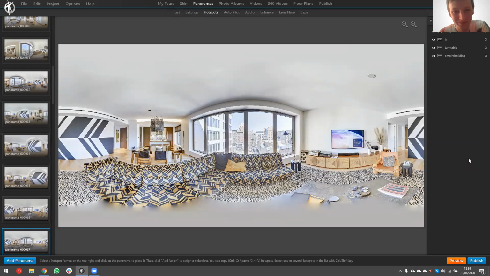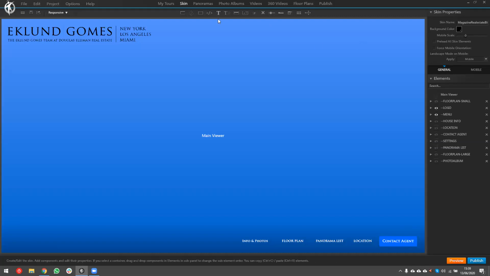Okay, let's move on. So we have this now. You can embed it on different pages and so on. Now, something that might be nice, if you have within the skin some overlay saying, hey, have you seen these things within the panorama, showing these specific things to the viewer. I thought that would be cool. So I was playing around with it. And to do that,